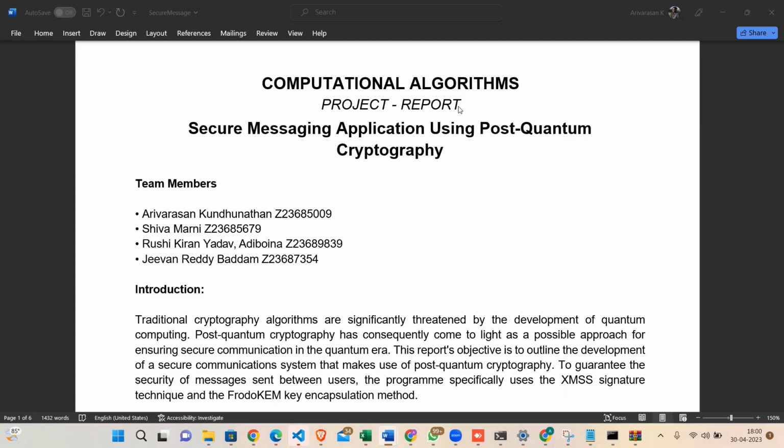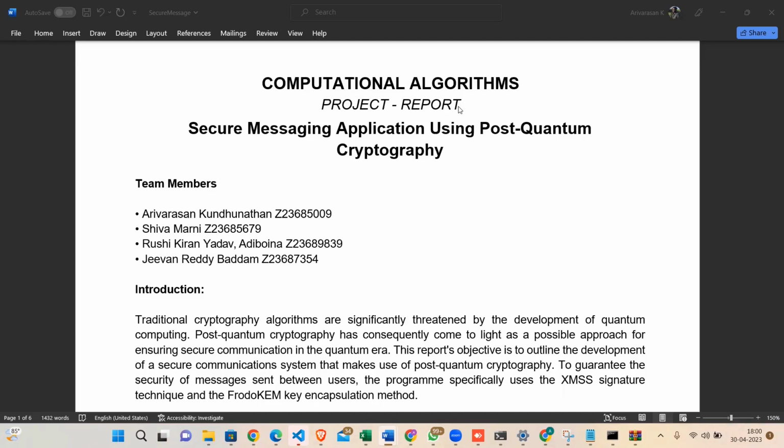The development of a secure communication system using post-quantum cryptography involves choosing appropriate algorithms for key generation, encryption, and the signature. In this case, the XMSS signature scheme is used for signing the messages, and the Frodo key encapsulation mechanism is used for key exchange.